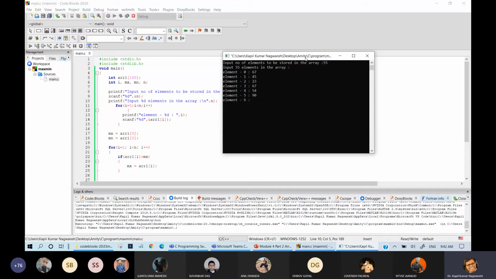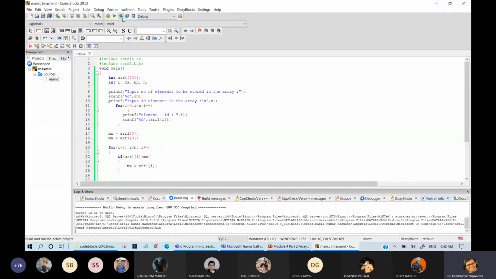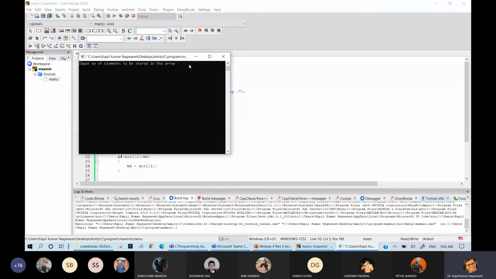Suppose this is given. There is one problem. The program is asking for how many elements to be stored. Now let us write 6.